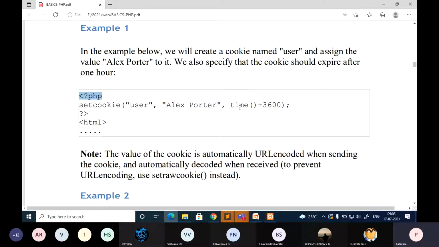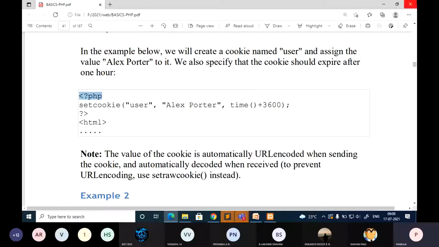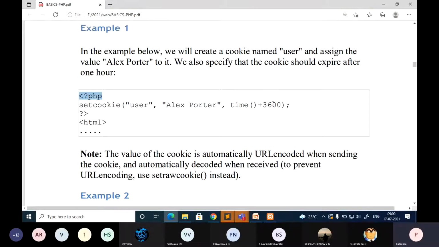You just call this time function, which is going to consider the time when you are running this program, plus 1 hour from there. For 1 hour the cookie is going to exist in the browser memory. Once this time expires, this cookie is automatically going to be removed.